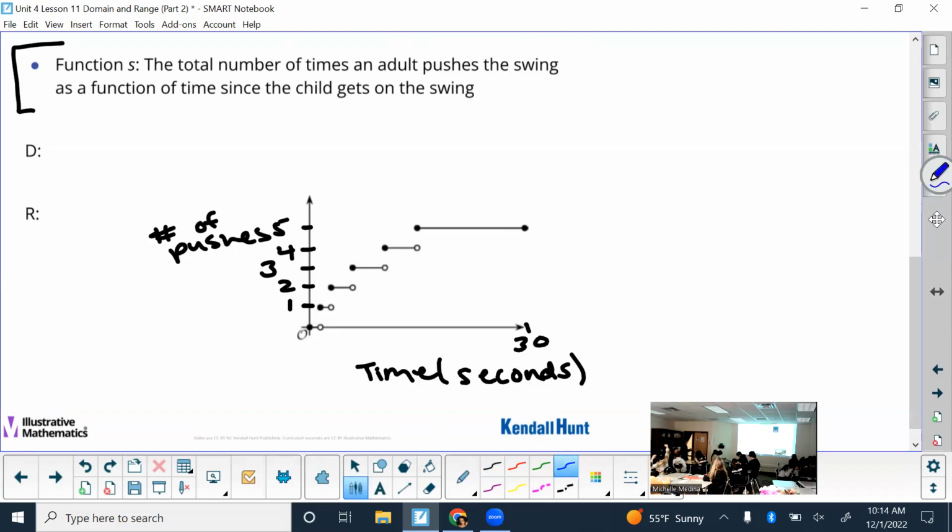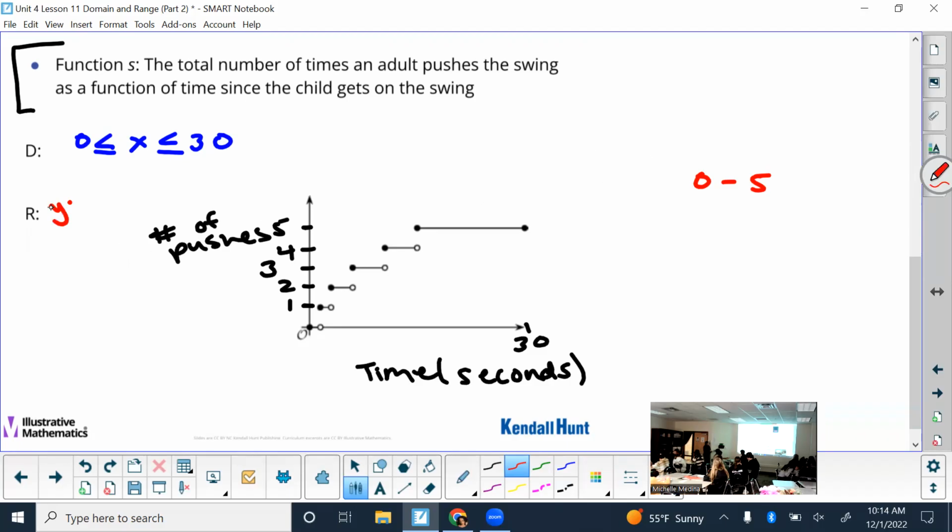My domain for this one, Julian, did it change at all? So leave it the same. My domain is still 0 to 30 seconds and everything in between. My range though, class, anyone know how to represent that? Is it everything from 0 through 5, including decimal? So really it's